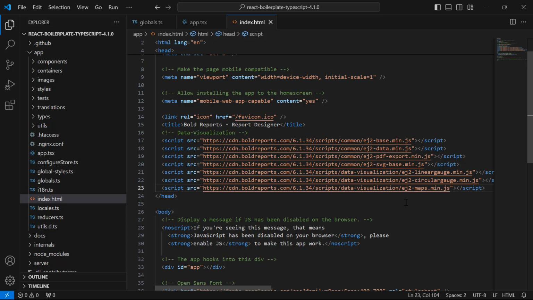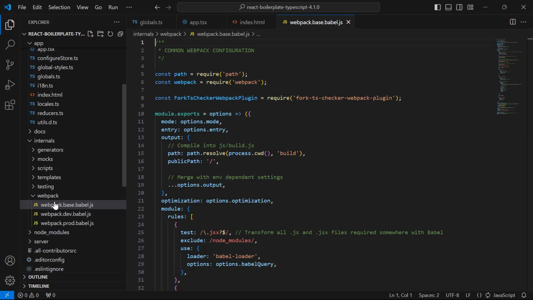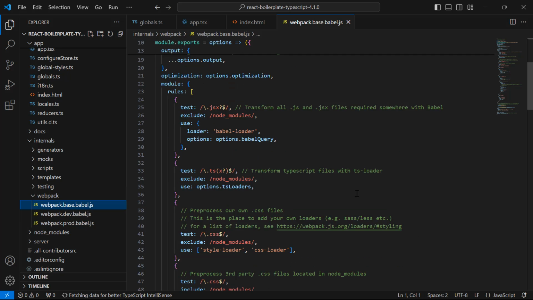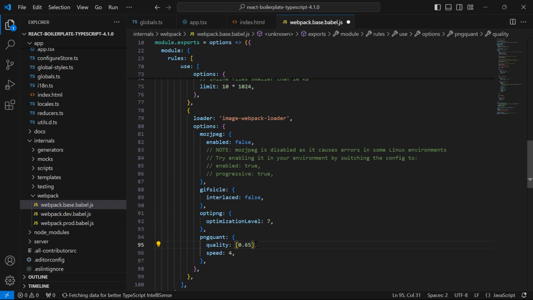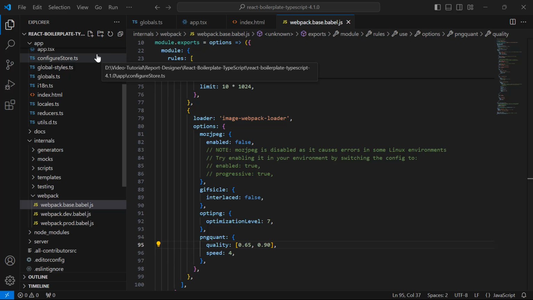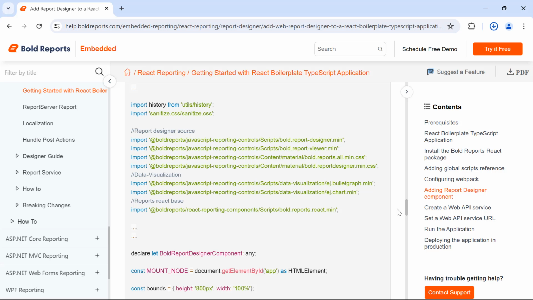Since Bold Reports uses per-type files, it provides the needed support to load such types of files in the webpack URL loader plugin. I open the webpack.base.babel.js file from the internal/webpack folder, add the cur reference to the test object, and change the image quality in the image webpack loader. Next, to add the report designer control, open the app.tsx file from the app folder, copy